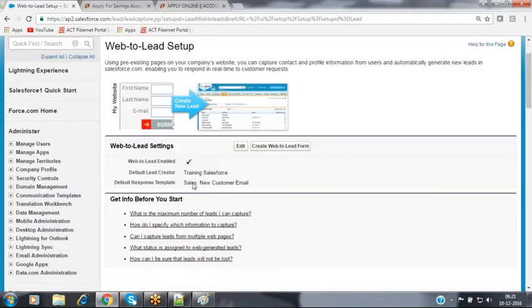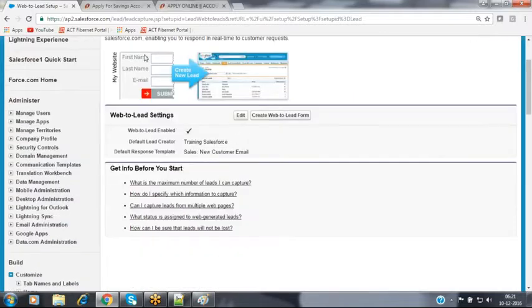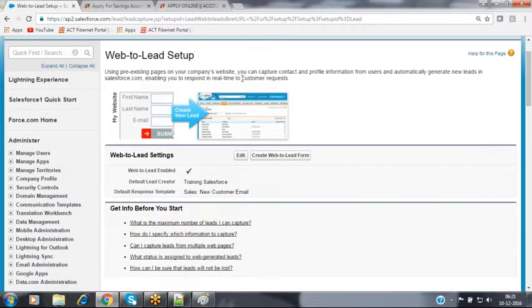Inside that website, I'm having a small form with a first name field, last name field, email field, phone field, fax field, address fields, product interest field, everything is available. After entering all the data, when you click on the submit button, finally this data will come into your Salesforce instance. It will create a new lead record automatically with these details.